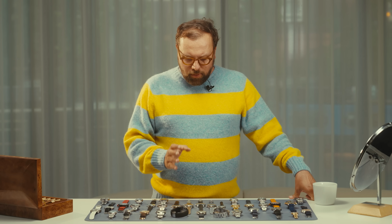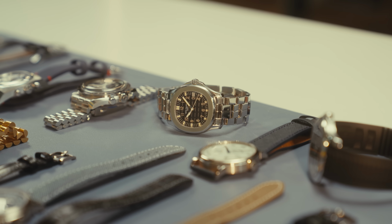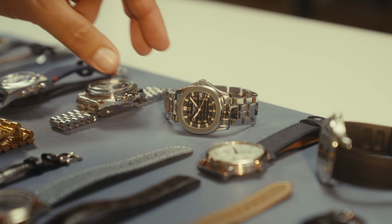So to round off on the Patek 5070, that's a watch that was created in the time period between 2008 to 2010. Many people think that they created about 500 watches during that time. So production numbers were much, much lower. And the same is true for the next watch, which is the Aquanaut